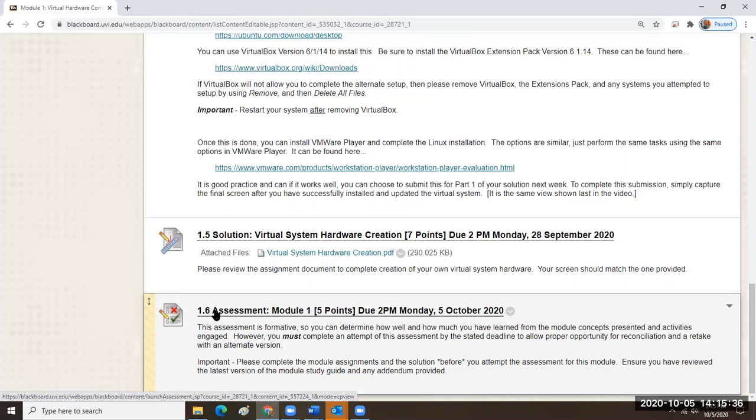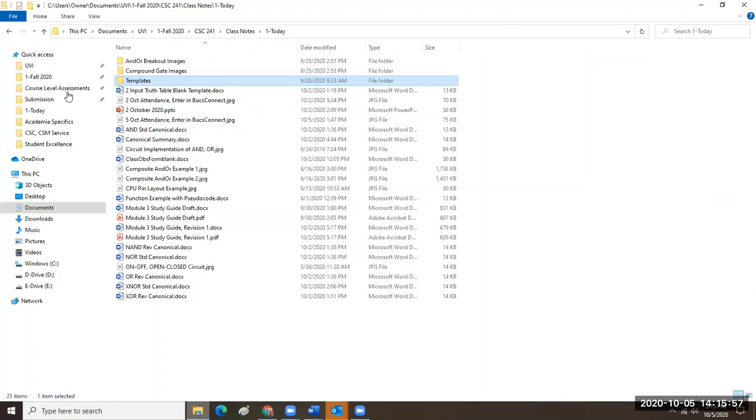With an assessment, one of the things we want to do is reconcile any errors or mistakes that students may have had, and then we want to give everybody a second crack at it. We want everybody to have another shot at it. And you may be familiar with how that works, but basically we have a